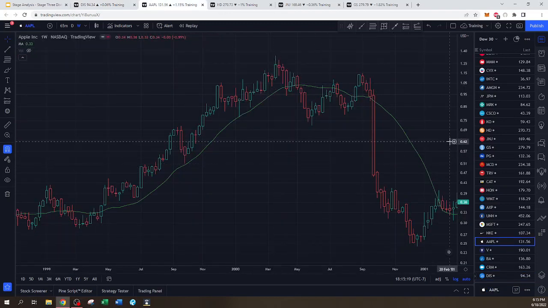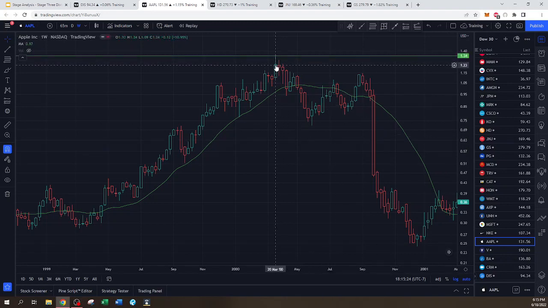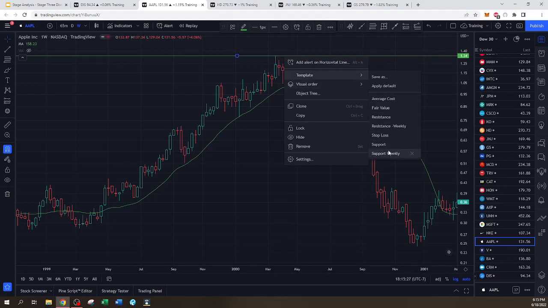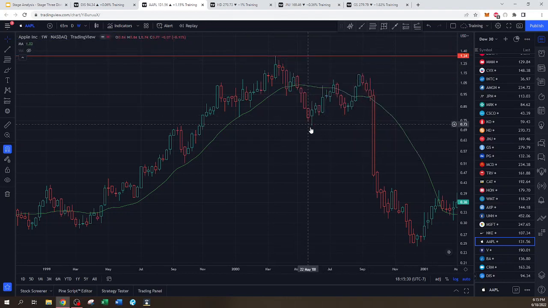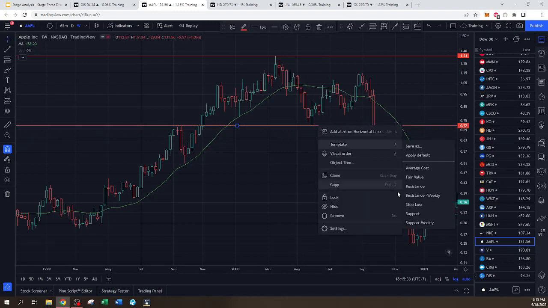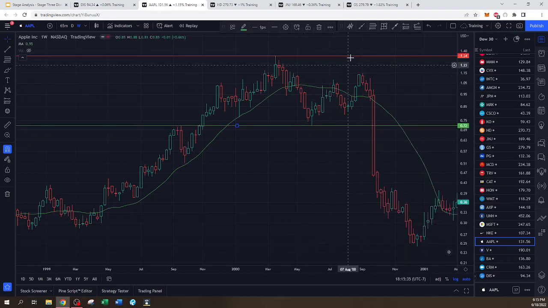Next up, we have Apple around the same time period. So we put in a peak in March of 2000. That's going to be our Stage 2 top, and then we break below the 20-week moving average, put in our Stage 3 support. And then as you can see, we never hit that resistance again. Price could just barely get over the 20-week moving average here. Its slope is negative. Again, price gets a little bit higher. Slope is only flat at this point, and then we get this huge bar down. This is a 50% down move, and the slope of the moving average is clearly negative at this point. That's our Stage 3 turning into a Stage 4.